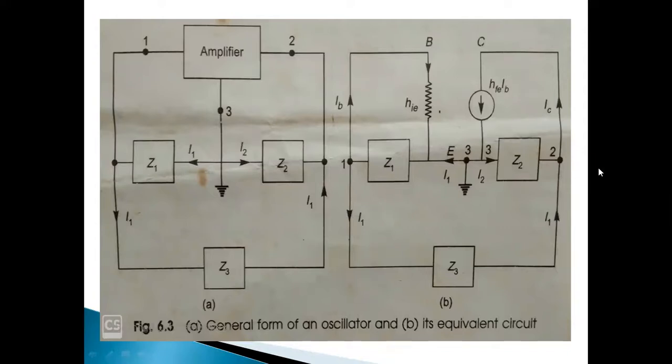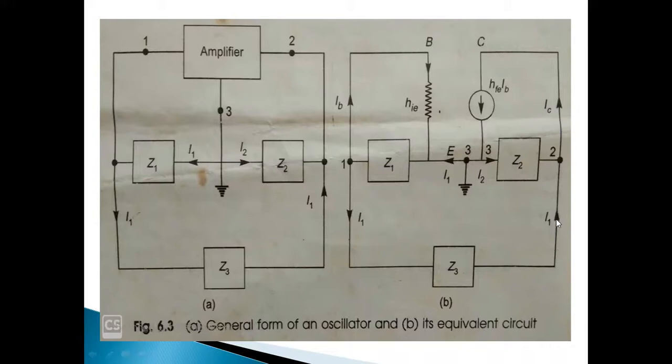So V0 is equal to minus I1 into Z dash plus Z3. So here this is the point. Okay. So that means V0 becomes the voltage at this point. If you want to derive the voltage, we should know the current and the impedance or resistance. So what is the current at this point? I1. That current flows in opposite direction. So we can take it as minus I1 into what is the impedance at this point?